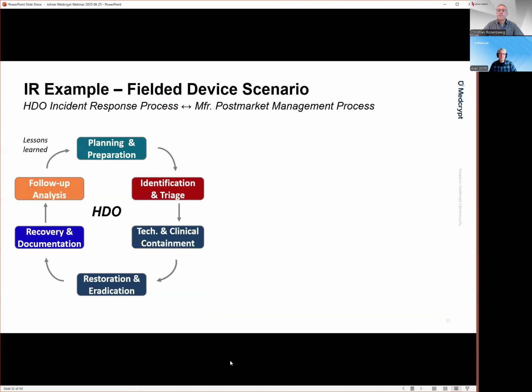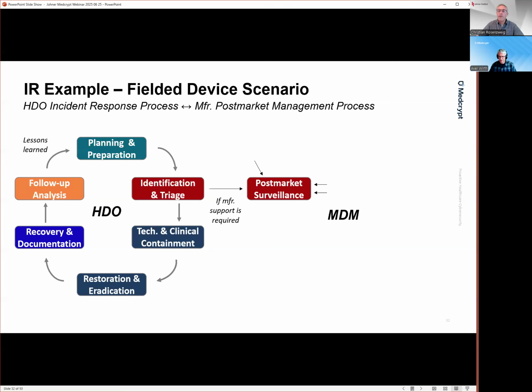But back to the customer-based products, right? Products operated by a healthcare delivery organization, by a hospital. We talked about this circle earlier, but we also talked about the medical device manufacturers' post-market surveillance activities, right? And one of the inputs into post-market surveillance should be information about security events and incidents at customer side, and they may be detected directly by the device and reported back, or they may be provided to you by your customers, where they pick up the phone and ask for support in a security incident.